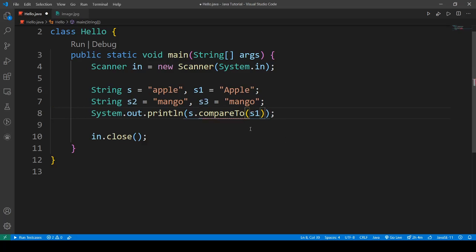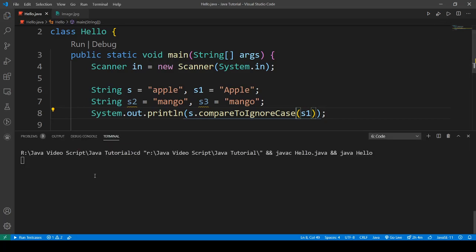Then there is also compareToIgnoreCase. It compares without taking the case of the letter into consideration. So if we compare this S and S1, we will get 0 because they both are equal.